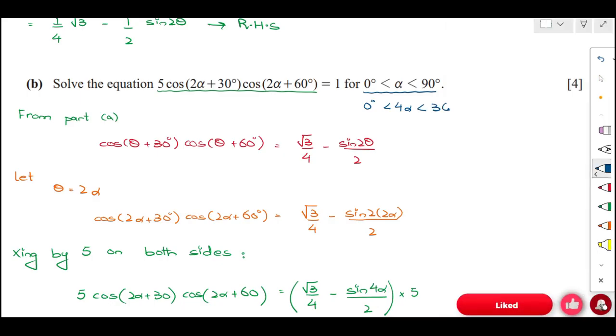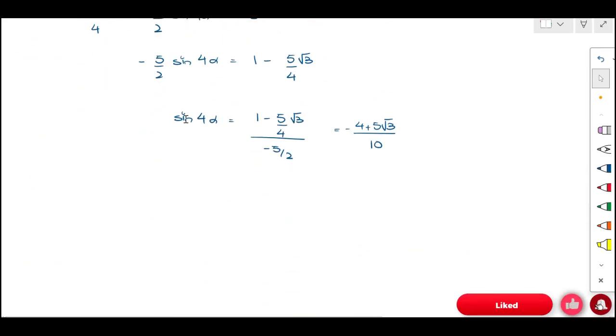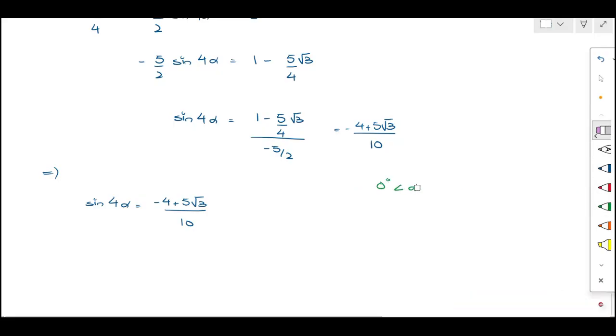So this 4 alpha is between 0 to 360 degrees, right? This is the equation for sine. So from here, sine of 4 alpha is (minus 4 plus 5 root 3) over 10, and the domain of 4 alpha is 0 is less than 4 alpha, 4 alpha is less than 360 degrees. So 4 alpha is between 0 to 360 degrees. Okay,